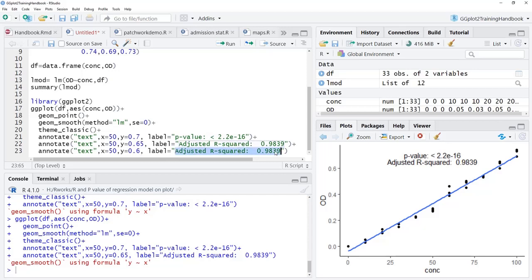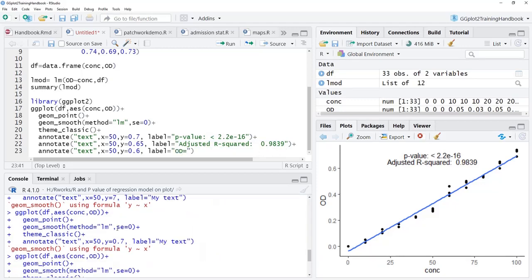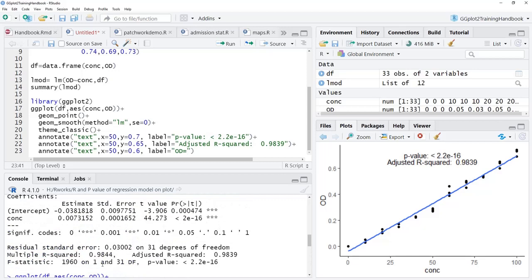The equation will be OD is equal to the x coefficient, that is concentration, this one 0.0073, and the intercept, that is minus, therefore it will be minus 0.038.